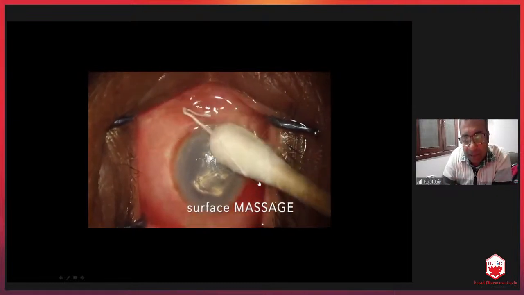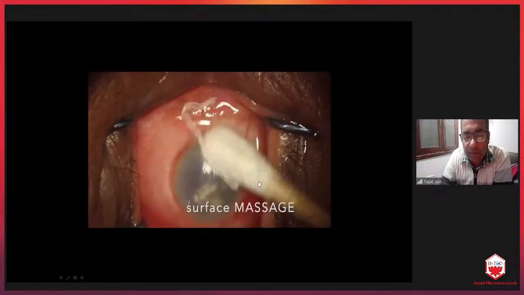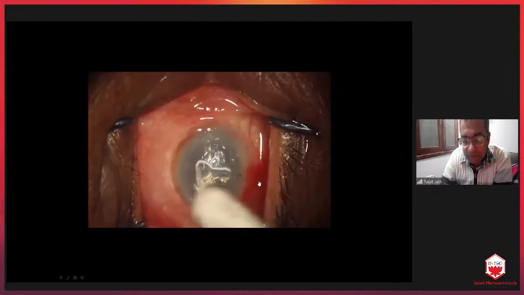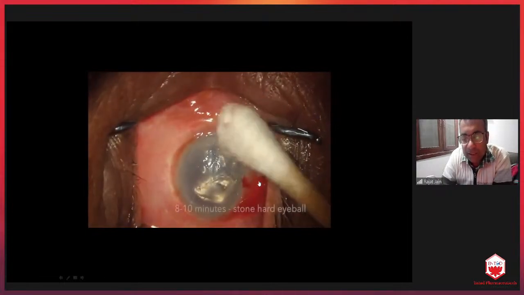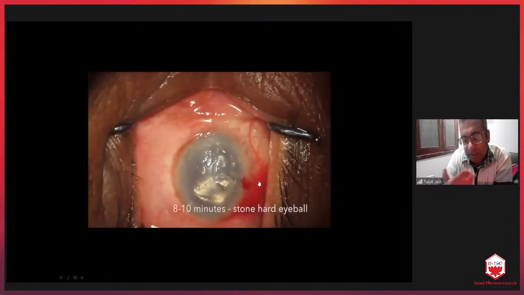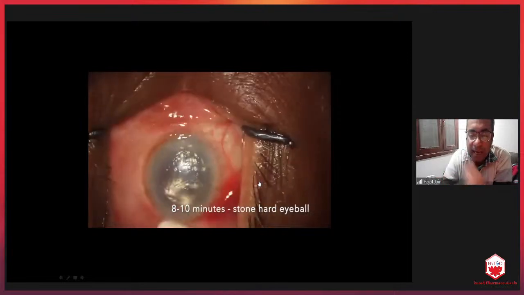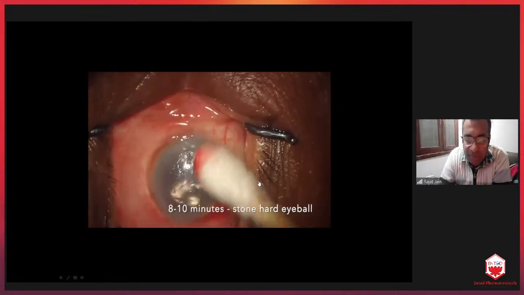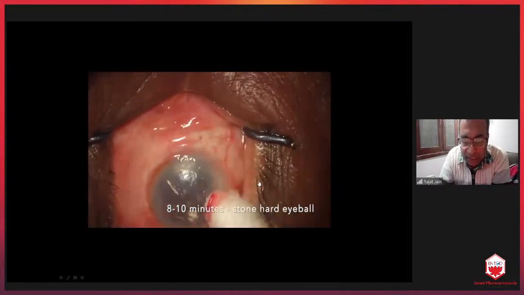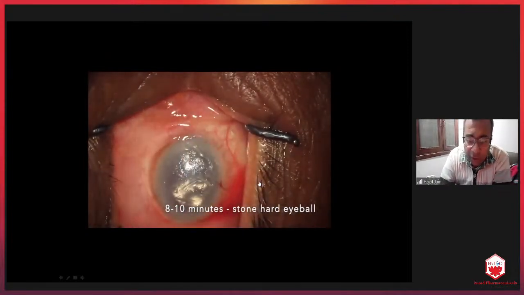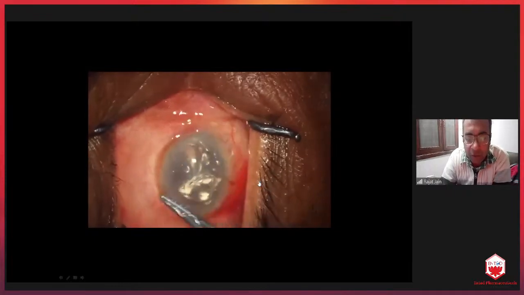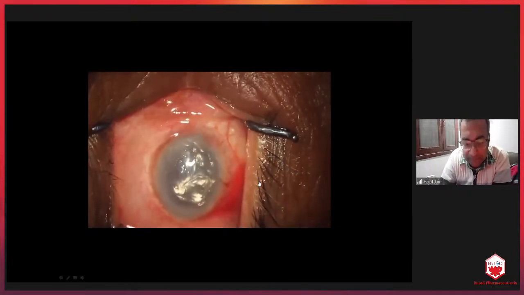If it is a partial DMD, you would always do it from the center to the periphery so that the air is removed from the interface. Use a bud, use the back surface of the curved forceps, use a cannula, whatever you use, do a lot of massage. You have to leave the eyeball stony hard for about 8 to 10 minutes. That's what I do. Then what you would notice on table will be very striking. See, this is the back surface of the curved forceps. Very nice to do a massage.